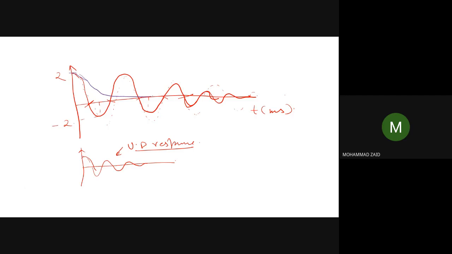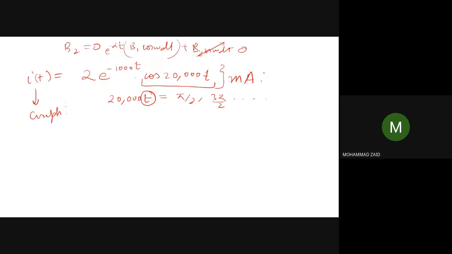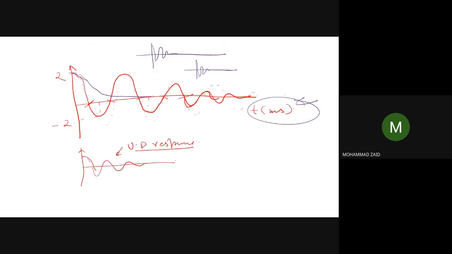If you have many cycles, then you can quickly have a response like this, only 1 or 2 cycles, and then it will go to zero. Since we have expanded it, you may think that it may take a longer time to go to zero, but it may happen very fast, and then it will go to zero. Remember, the time is in milliseconds. Okay. So this numerical, this way we can solve, very easy to solve. Just you have to calculate the initial conditions and then draw the graph.